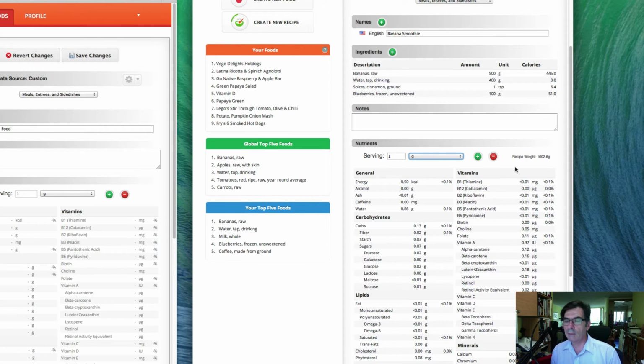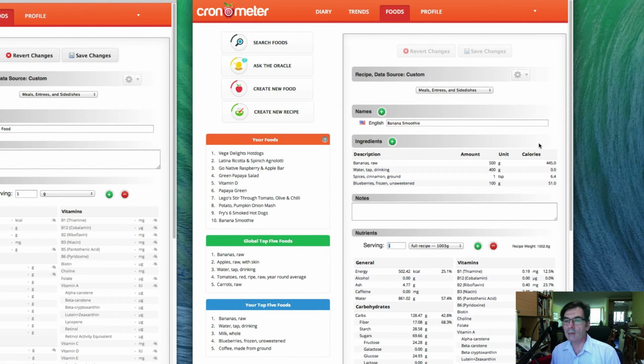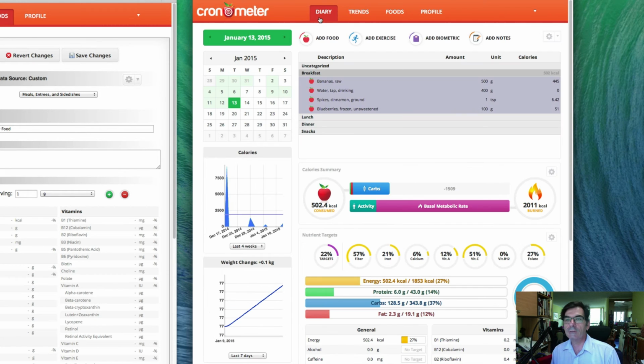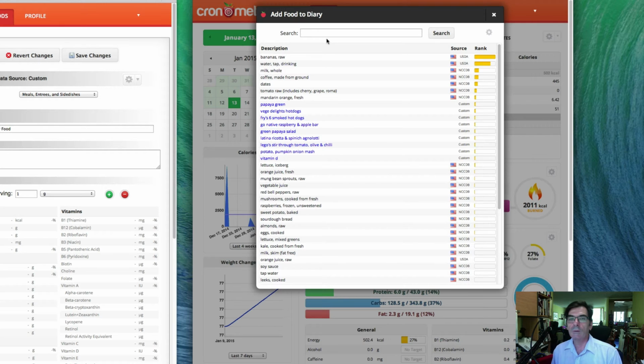As long as you're making the same recipe all the time, it might be out by 1 gram or 2, but as long as you're within the ballpark, you should be fine. So once we're done, we save that off, and now we have a recipe. Now, if we were to go into a diary, and let's say for lunch we want to add a food,